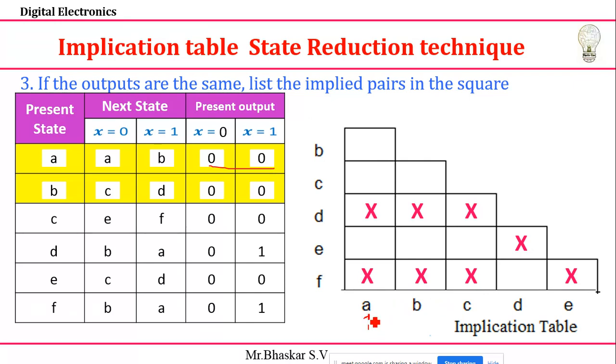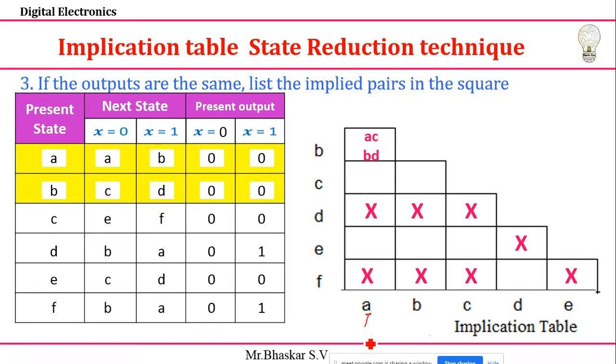Column wise I'm looking at A with respect to B. I'm looking at this cell, I need to fill something. What is the thing I need to do? Carefully you see that the 0 0 outputs are the same. If I want a relation between A and B, see that if I make A equal to C and B equal to D, then easily you'll get it. So you just fill the value, it is AC and BD here. That is the implied pairs. So I just typed here AC and BD.